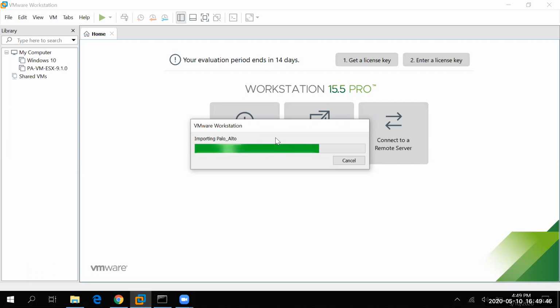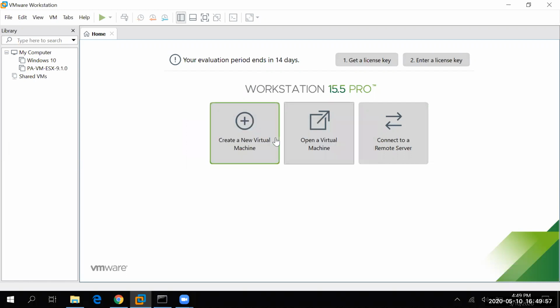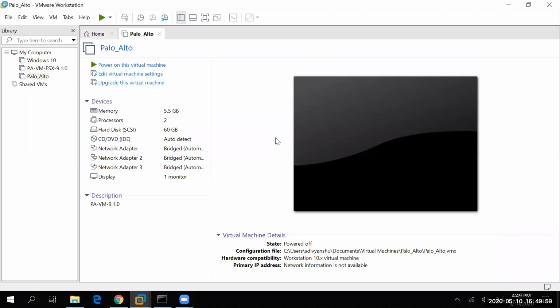It doesn't matter a lot at all, let me tell you frankly. You can practice on any version of Palo Alto above 8.0. I'll recommend practicing on 9.0, or you can use 9.1 also like me, so that you will be updated about all the latest configuration and changes which they are making. Okay, so let me just do one thing.